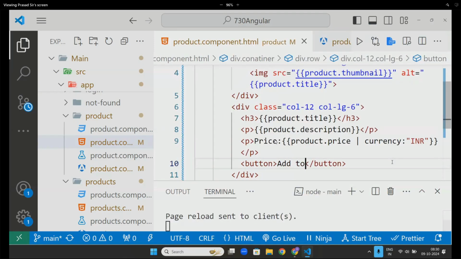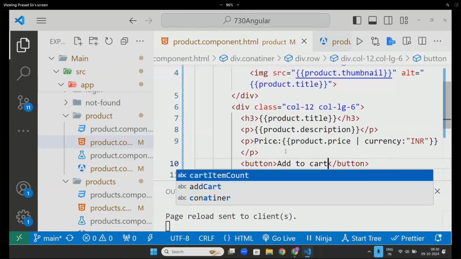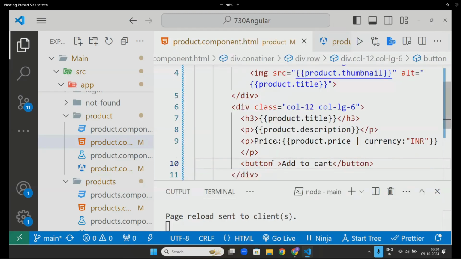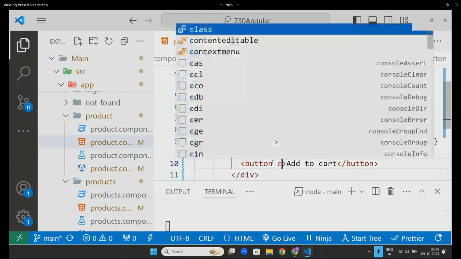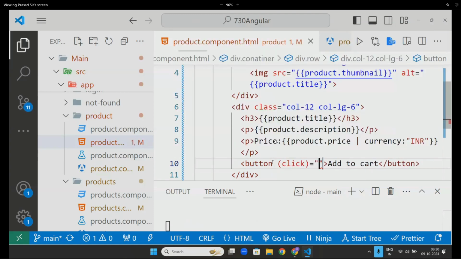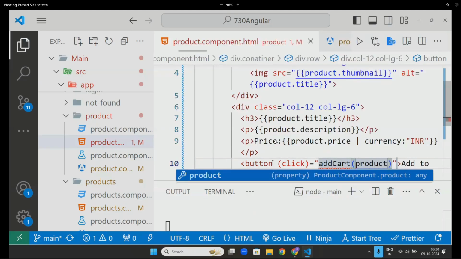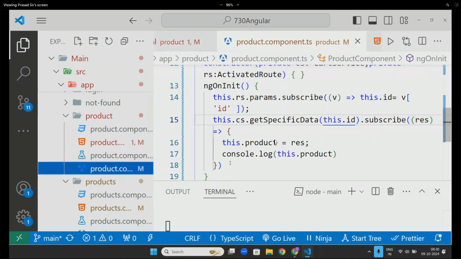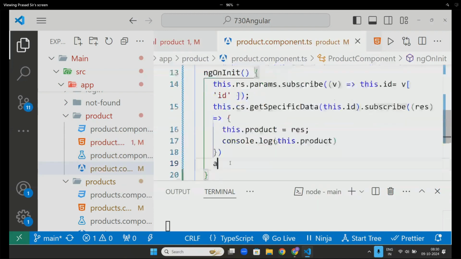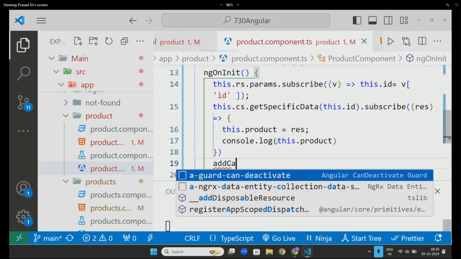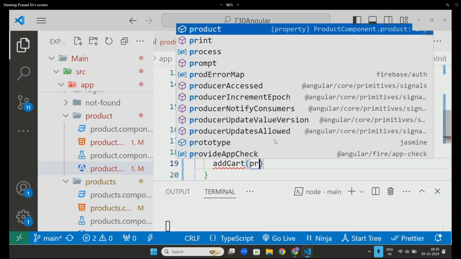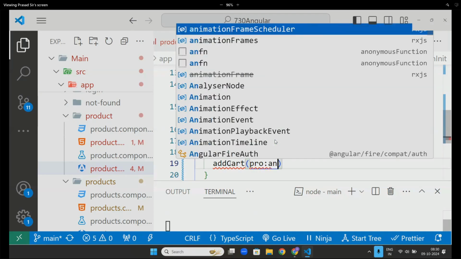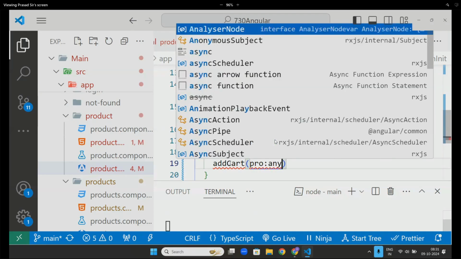If someone clicks on add to cart, what will happen, sir? Click add cart and it will pass the product. Then it will go here, add cart, which will have pro of any. Then here this dot